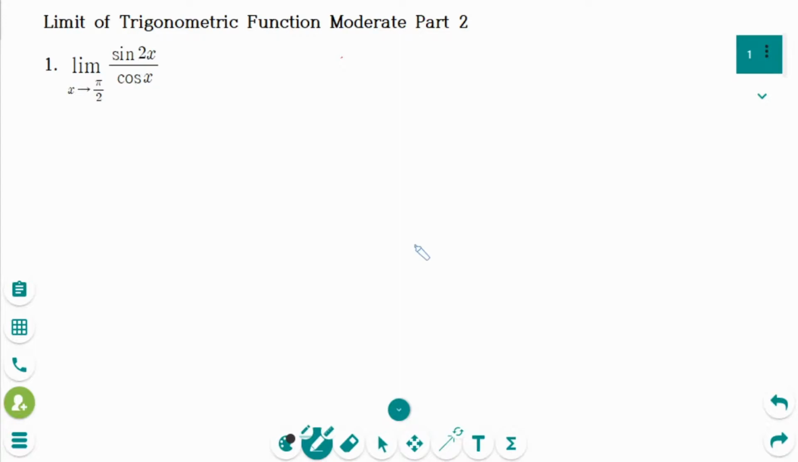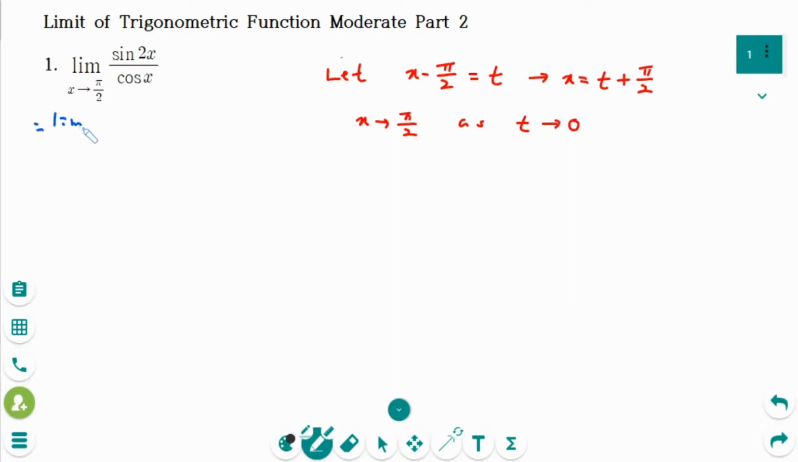We need a substitution. Let x minus pi over 2 be t. So x equals t plus pi over 2. When x approaches pi over 2, it is the same as t approaches 0. We can rewrite as limit as t approaches 0